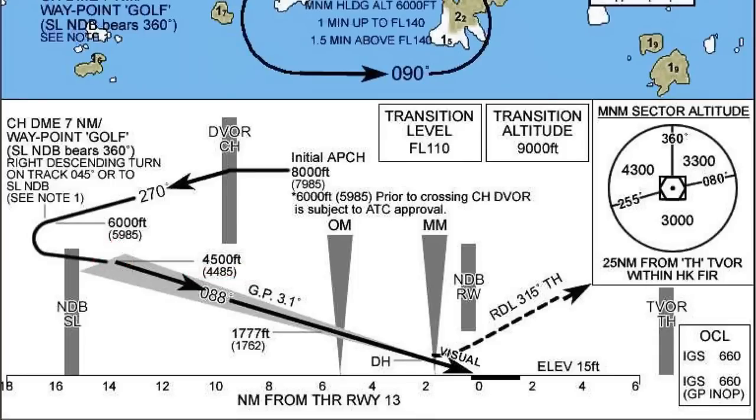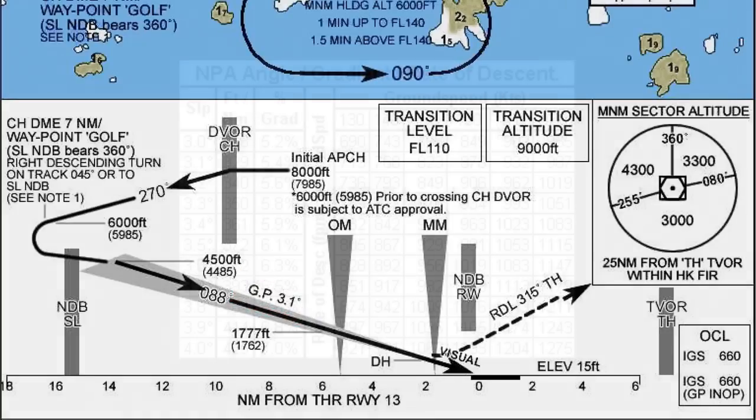Now, so far in this series we haven't done any glide slopes, but there's an easy way to follow the glide slope. First, we have to find out what our approach glide slope pitch is. The glide slope pitch for this approach is 3.1 degrees. Why do we need this? We're going to use this 3.1 degree glide slope pitch to find out what our rate of descent needs to